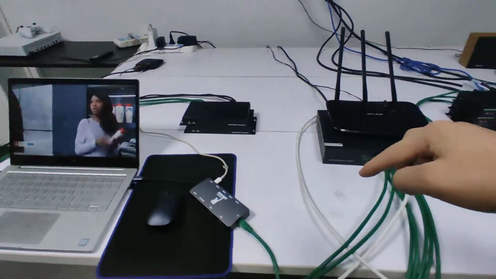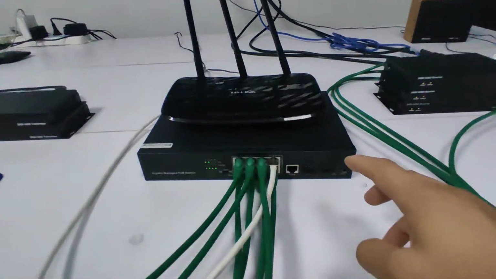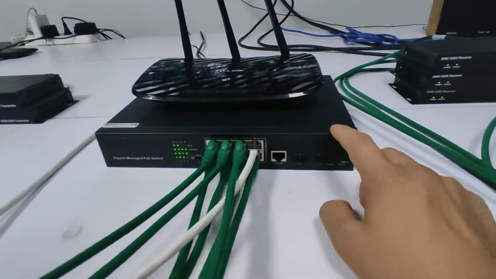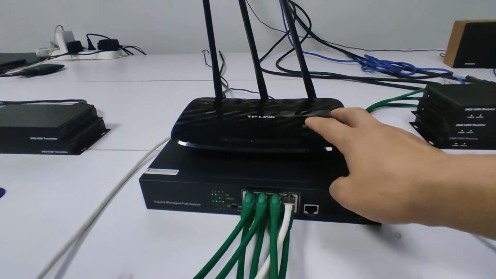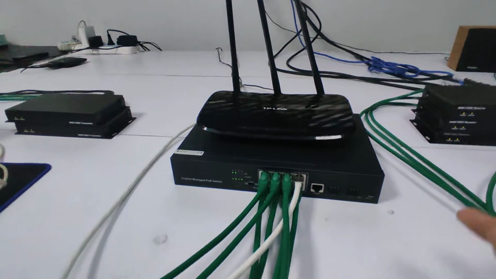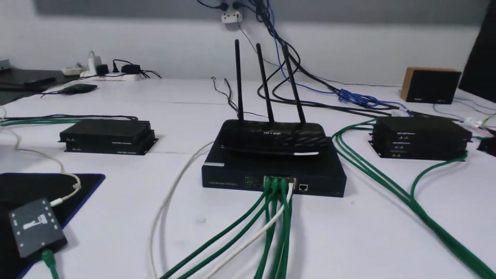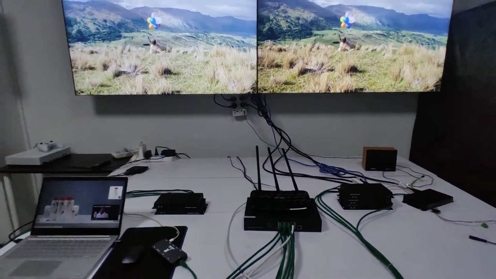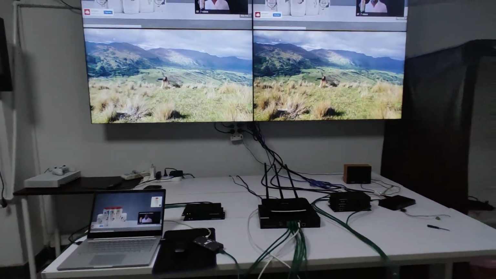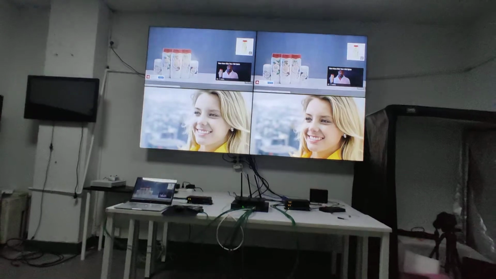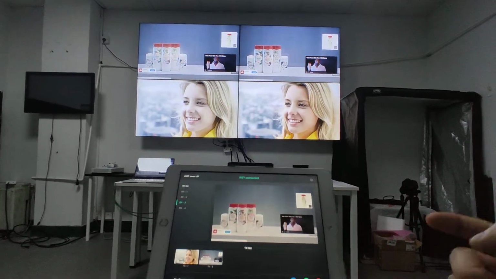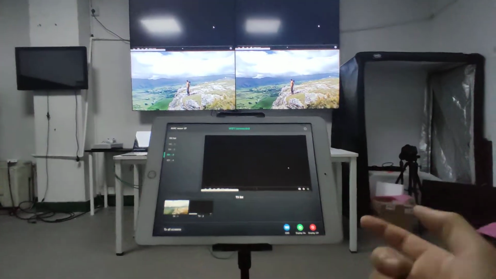Then over the line cable to the PoE NAT switch here. So on the PoE NAT switch we need a LAN port connect to the Wi-Fi router. So we can use the iPad application to really control the whole setup, including making up a video, turn off the displays, or do the matrix switching. So right now we can see here we got the